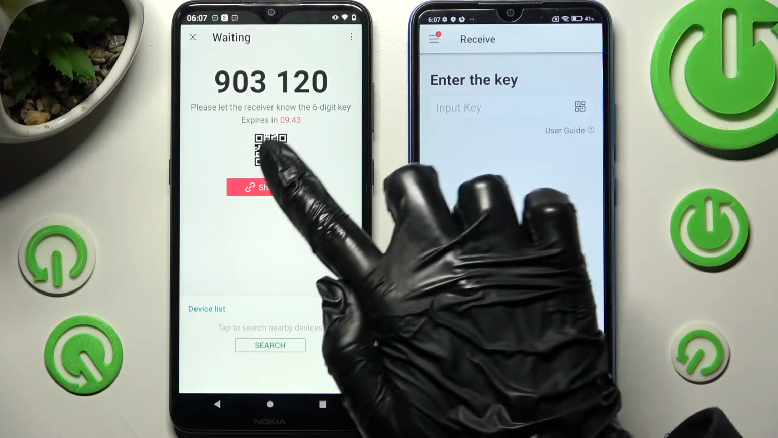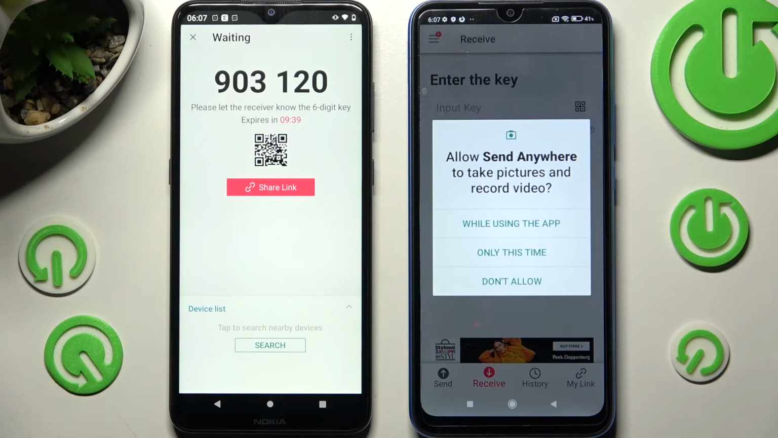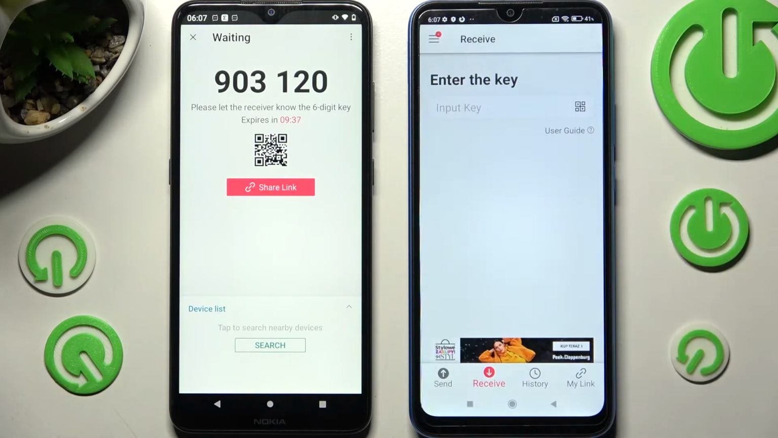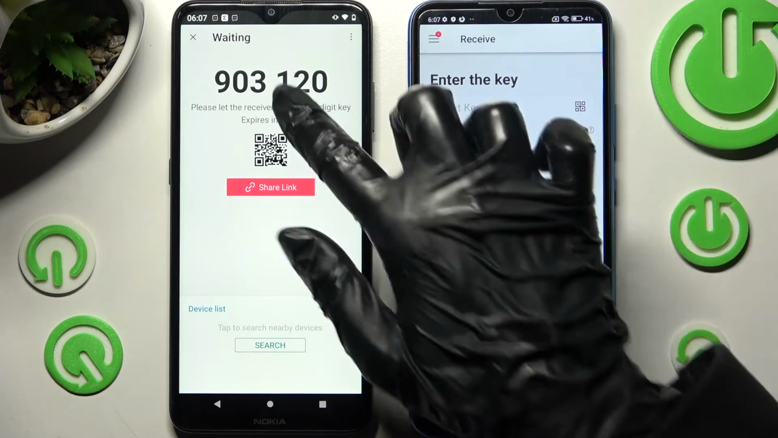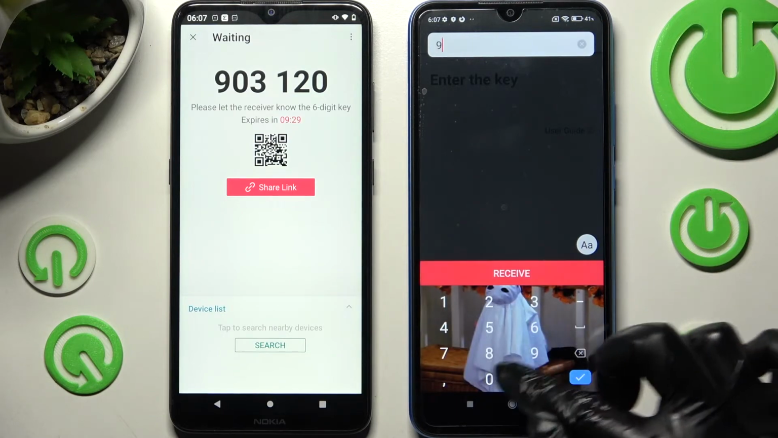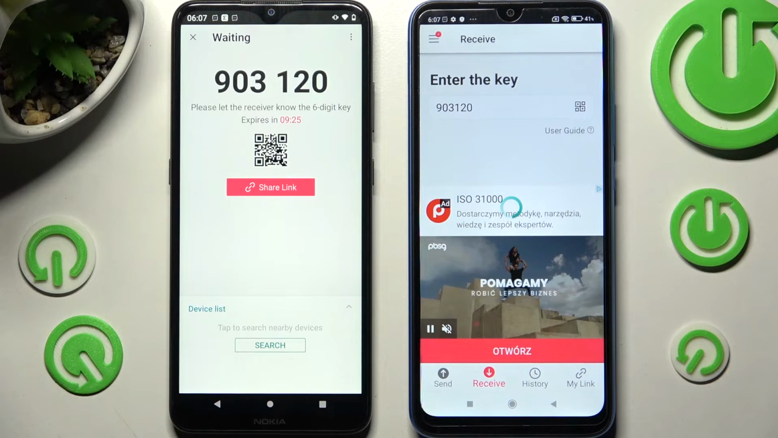We can scan this QR code by selecting scanning icon on Xiaomi, choosing while using the app or only this time and pointing this device's camera at the code. But we can always input this key over here instead and tap on Receive button. As you can see now, after a while, my photo